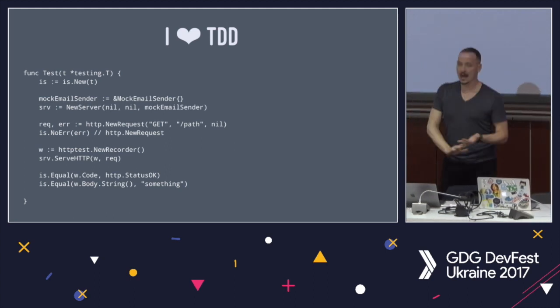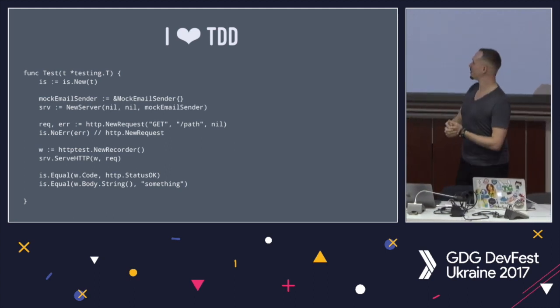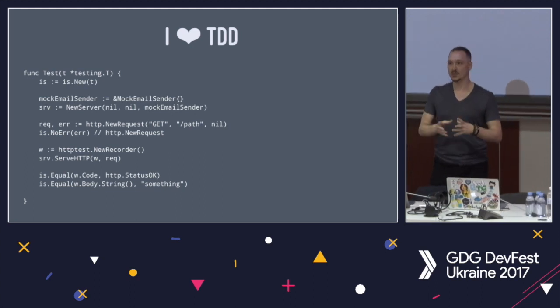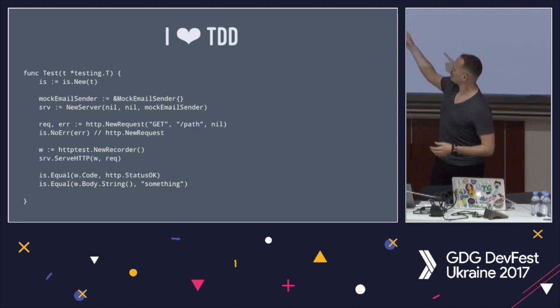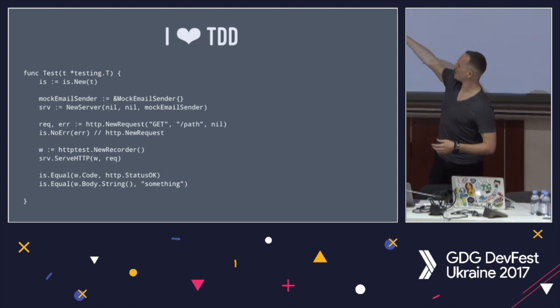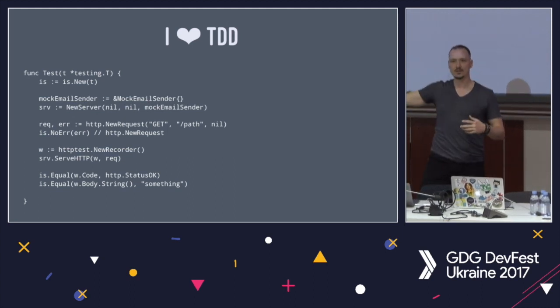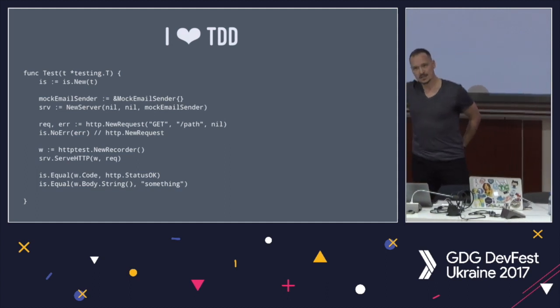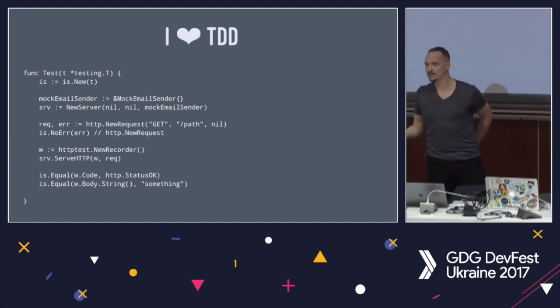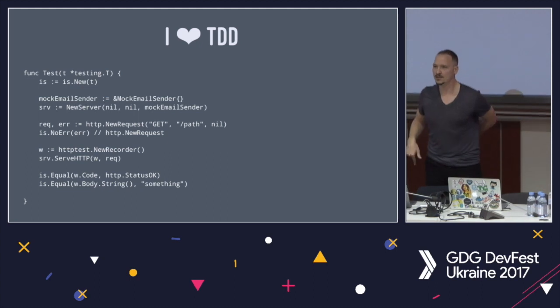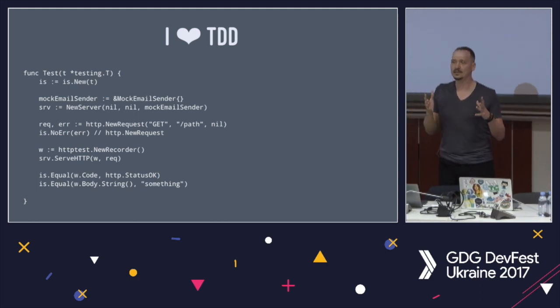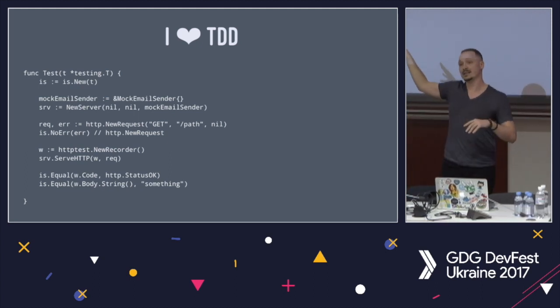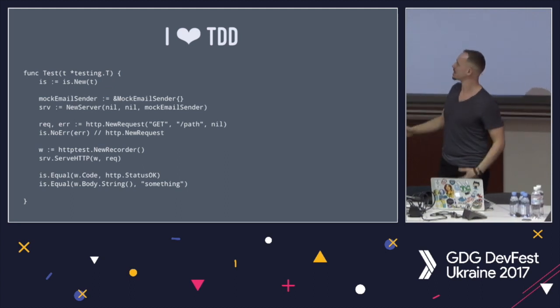And there's help in the standard library for testing servers. So in this code, I create some mock dependency. I'm using the new server helper. Some of the dependencies I'm not going to use in this test, so I can just put them as nil. That's quite nice too, because if you did then use it unexpectedly, you'd get a panic. So you'd see, oh, yeah, I need to either add the dependency here, or maybe I've made a mistake.